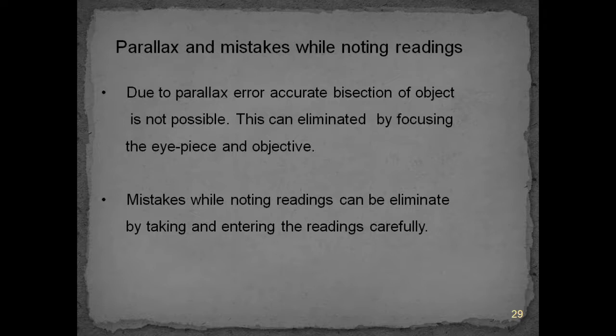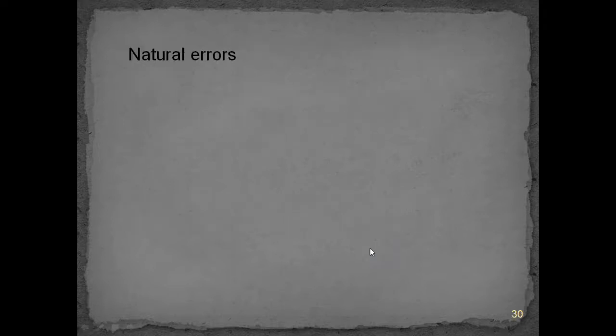So what happens here? Hearing may be defective or writing may be defective. Instead of writing 20 degrees 30 minutes, they will write 30 degrees 20 minutes. There, 10 degrees you will be getting lost. So these are some of the personal errors. You can avoid them ourselves by taking all the precautionary measures while handling the instruments. Okay, next, coming to the natural errors.